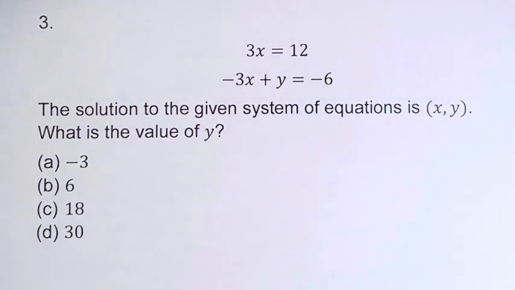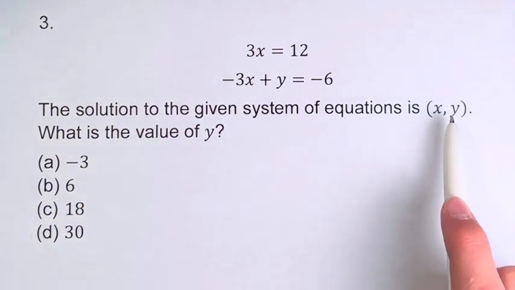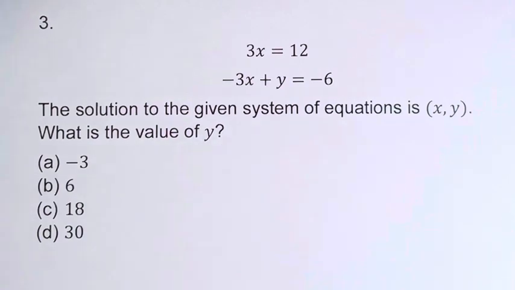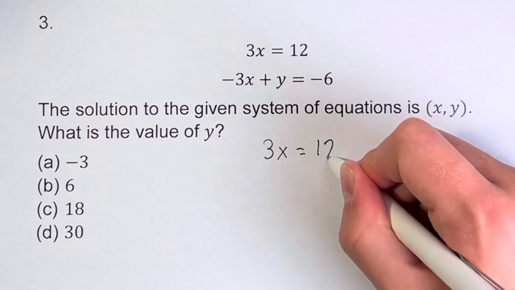In this problem, we're told that the solution to the given system of equations is (x, y), and we're asked, what is the value of y? Now normally solving a system of equations is a little bit more complicated than this. Here we have 3x is equal to 12. This means we have an equation where we only have one variable, so we can